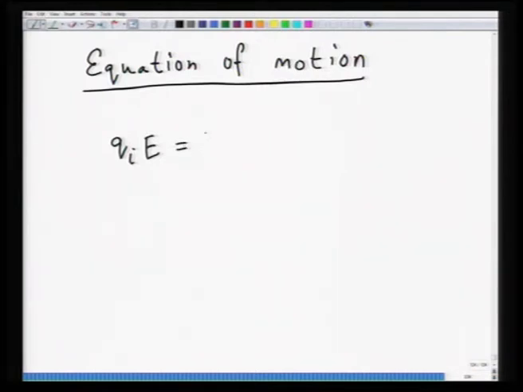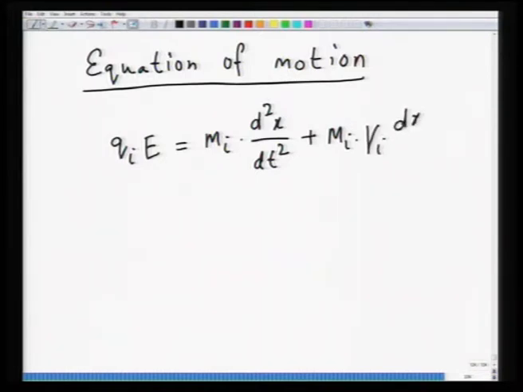This is balanced by m_i, this is the mass, multiplied by d2x by dt square, plus a second term, which is m_i into gamma_i into dx by dt, plus the third term m_i, you can write m_i star actually just to differentiate. This is from the mass of a species, it does not really matter, it is just terminology. So, m_i star multiplied by omega naught i, where i is the ith entity, let us say, squared into x.